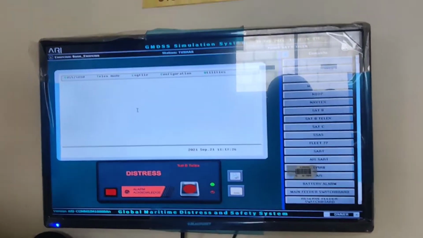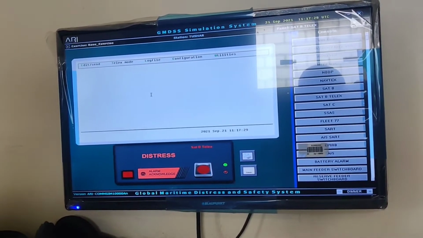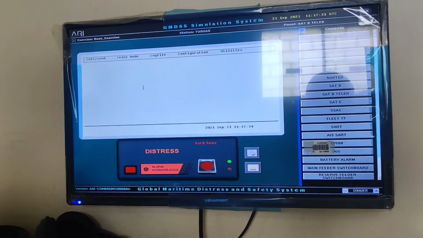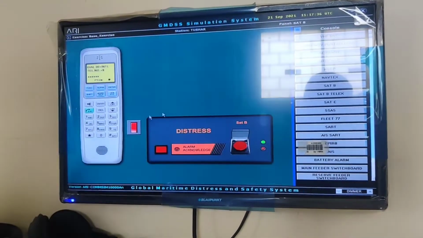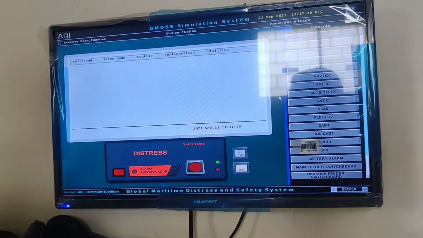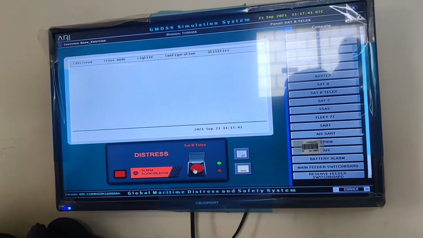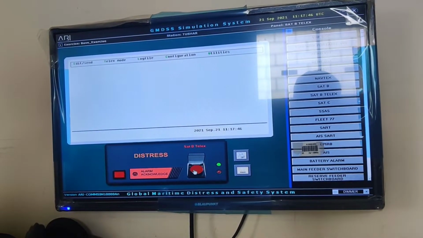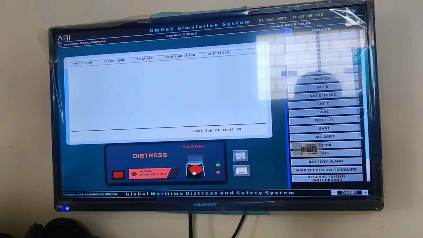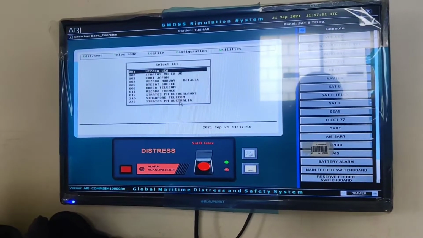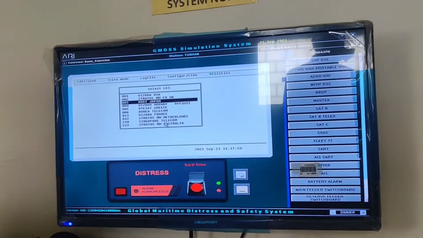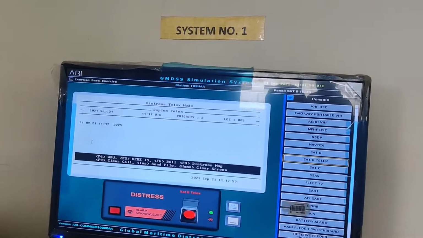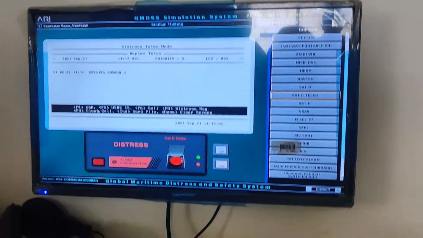Side B telex. First, when you have to send a distress message which is auto generated, then make sure the side B is on. When side B is on, go to side B telex, open DMG cover, press DMG for 5 seconds. Then select alias, then press F8. Once it is transmitted, press F9 to disconnect.